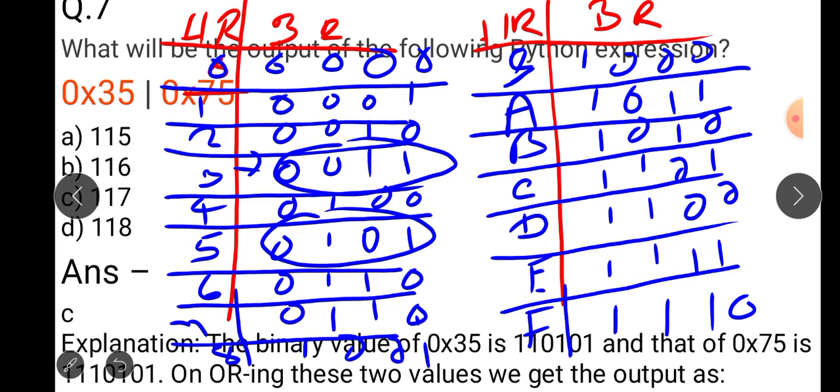Okay, so as we know, before any digit, if there are a certain number of 0s, that has no meaning. So we can say that 3 means basically 11, and 5 means 0101. So just write these bits together: first the representation of 3, and then just after it the representation of 5, and remove the extra zeros that appear before the number. You can find out its hexadecimal number.